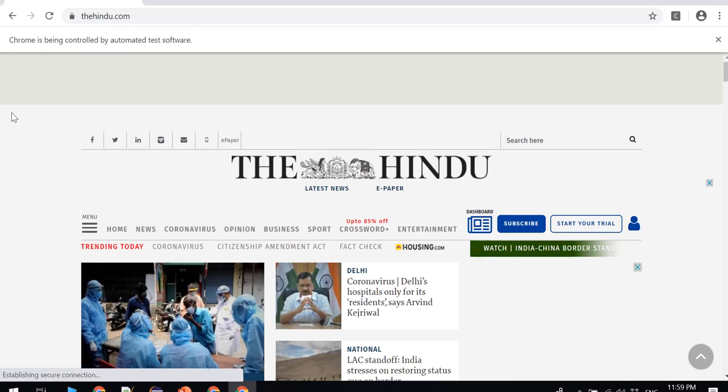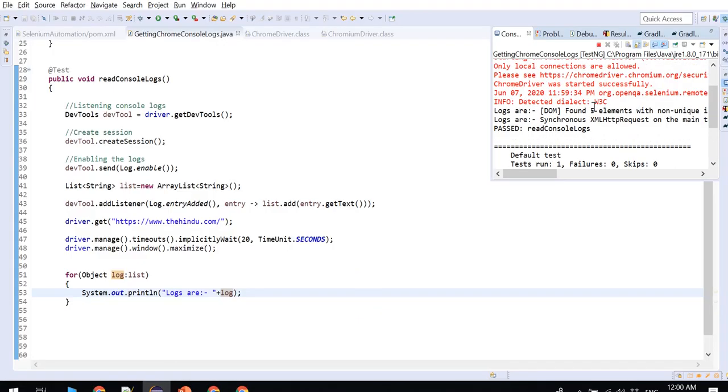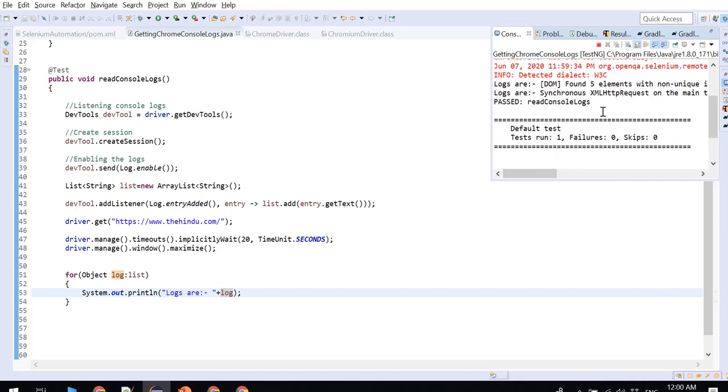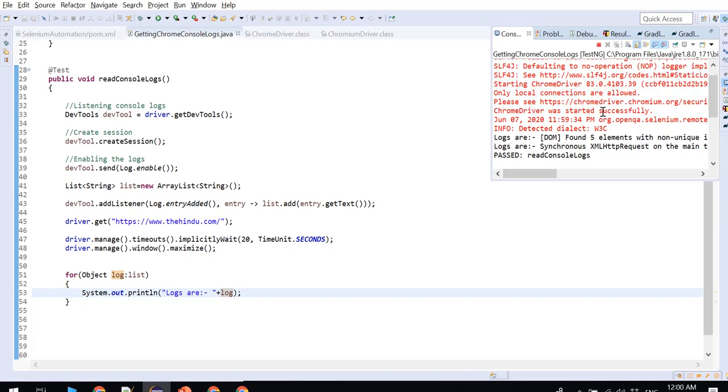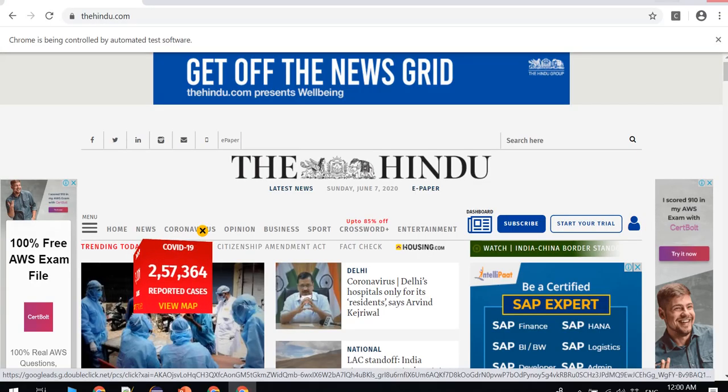We have used devTools.addListener, which is reading all the logs. Let's see whether it is reading or not. I think the script completed, but it is not terminating. Let me terminate it forcefully.